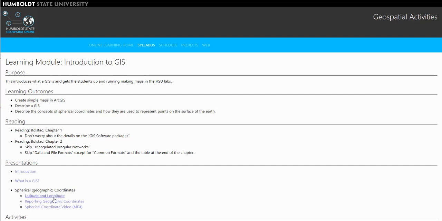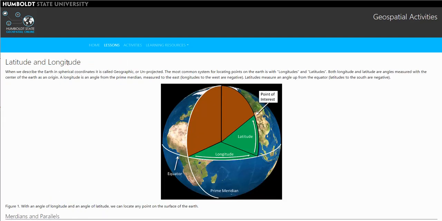Today we're going to be talking about latitude and longitude. Latitude and longitude create what we call spherical coordinates or geographic coordinates. These are very commonly used. You've already seen them, or you will see them on your GPS. You'll see them in any kind of global data set because it is the coordinate system for expressing data that's global. The key important thing with latitude and longitude is that they're spherical coordinates